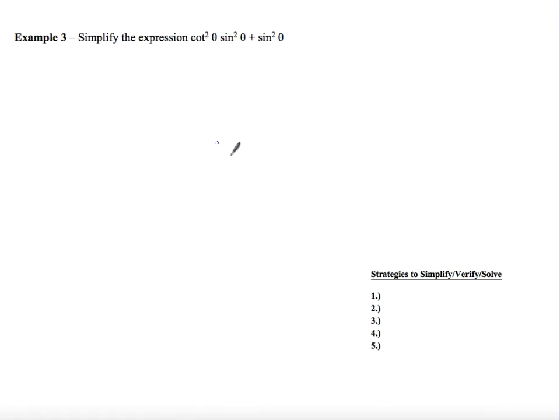All right. Our strategy number 1 was to use sine and cosine. And our strategy number 2 that we're going to see when we get to this next example as we simplify is to use those Pythagorean identities. So as we're using those Pythagorean identities as another strategy, as we check out example number 3,